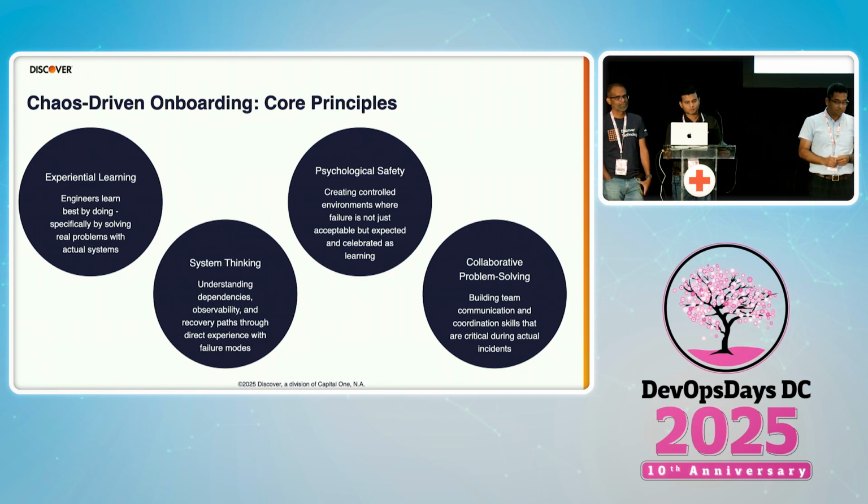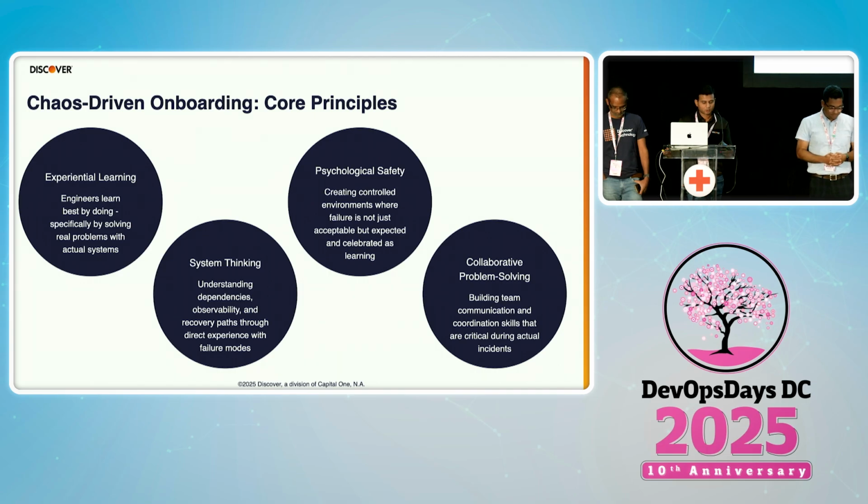The next one would be systems thinking, right? So what is systems thinking? You have to understand the dependencies, the architecture, and all the observability tools that are out there. And when an incident comes, what are the recovery paths for that particular scenario? If you face all this firsthand during your onboarding itself, that would be of great help for new hires, right? For example, if you have a payment gateway,